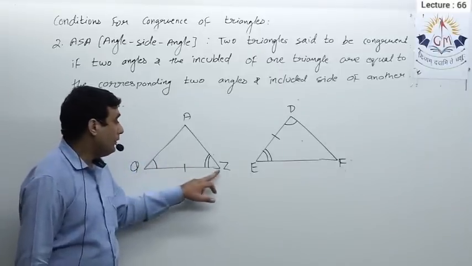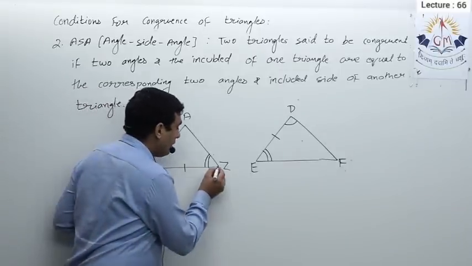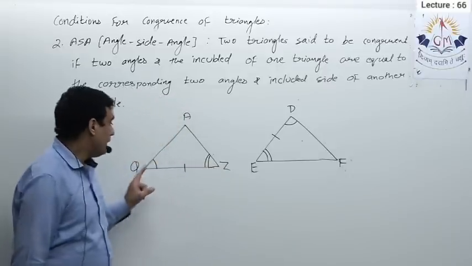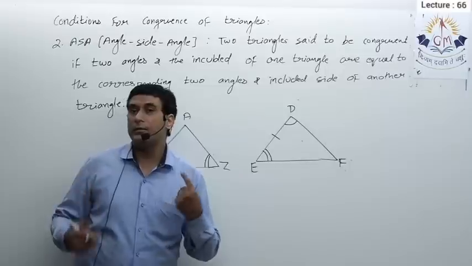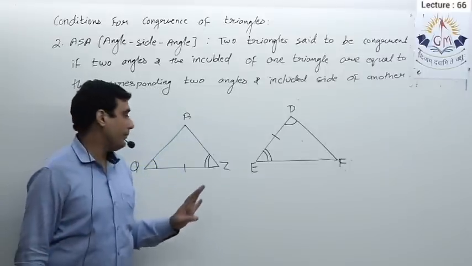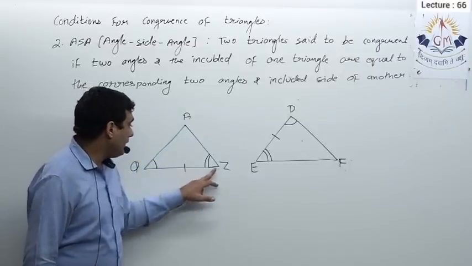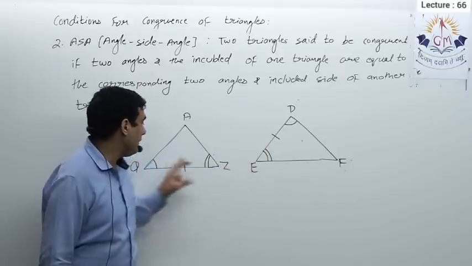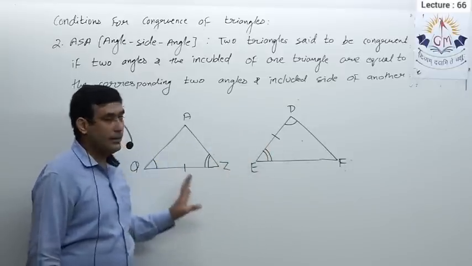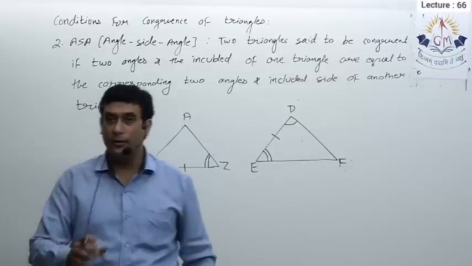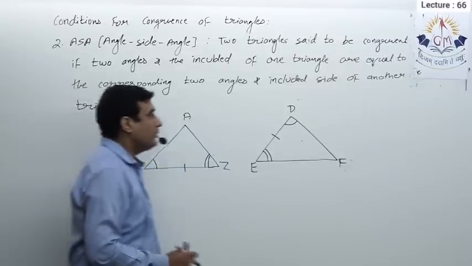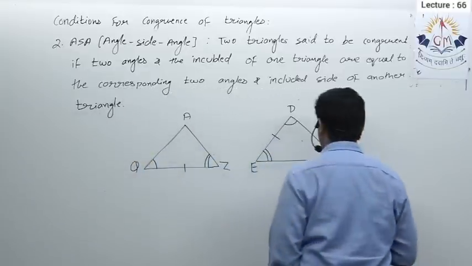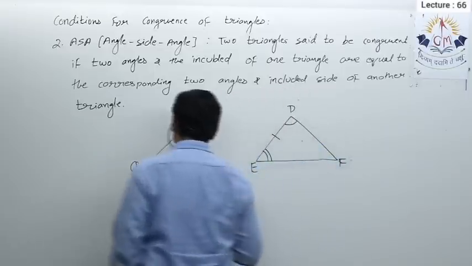Now we have to think about two criteria because we are in the second criteria. If two angles are given, till now we have only one criteria related to two angles, that is angle side angle. So if these two angles are equal and the included sides are equal, yes, the triangles are congruent. That is the first thing we can say, definitely these two triangles are congruent. Now what is the correct order of the congruency?